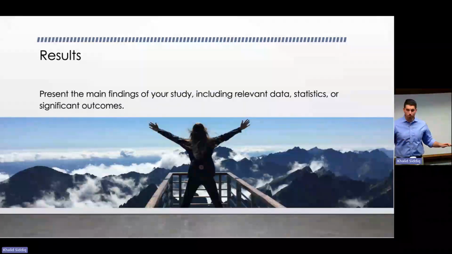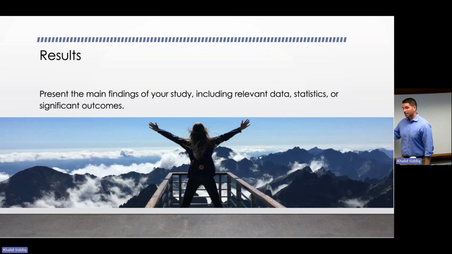You may have found all sorts of other things, but the reason you did this study was X. You need to be presenting X results first, not Z or Y or A. Now, you may have collected Z, Y, and A as well, right? And that's all fine. And if you have space, you can talk about them. And you will definitely talk about them in your paper, right? But for the purposes of this abstract, you need to make sure that whatever you say your purpose or objective is, you are reporting first what